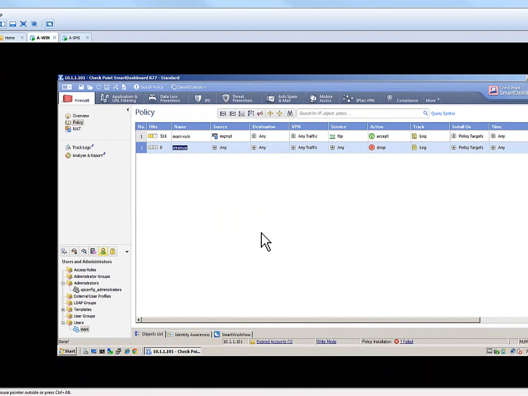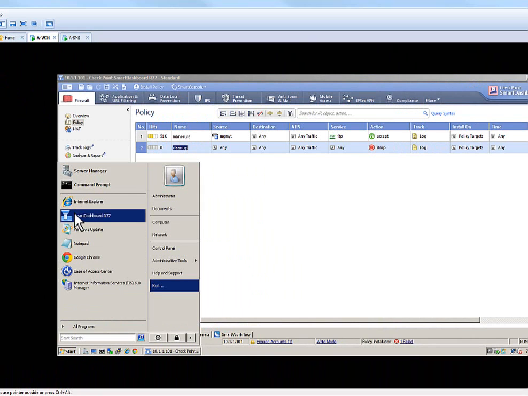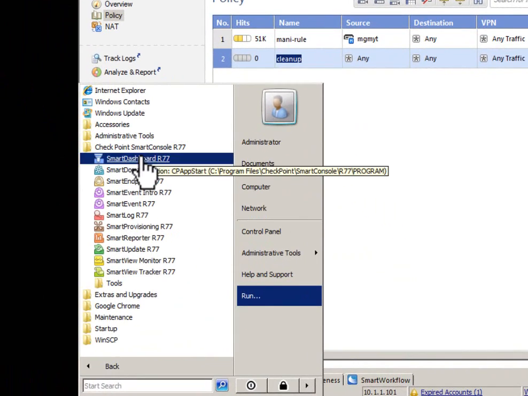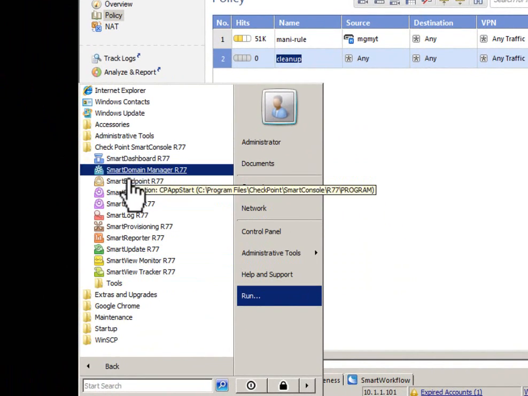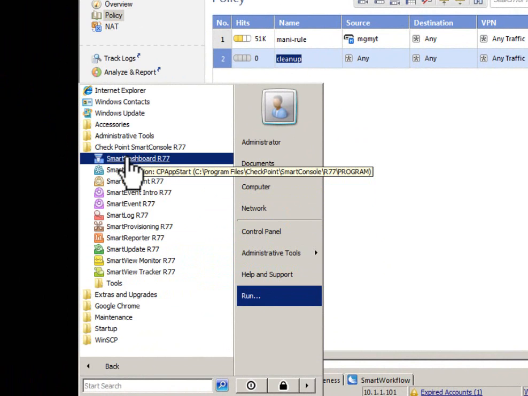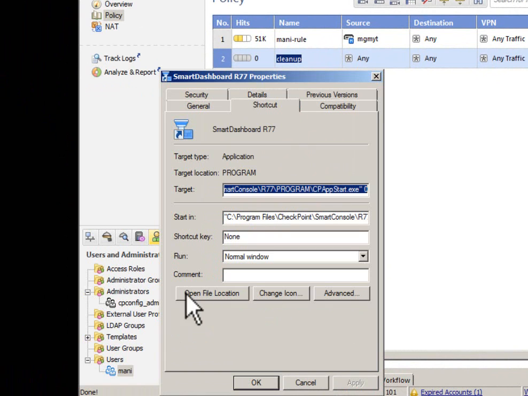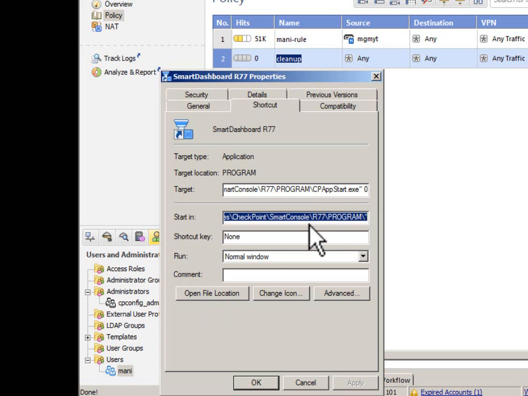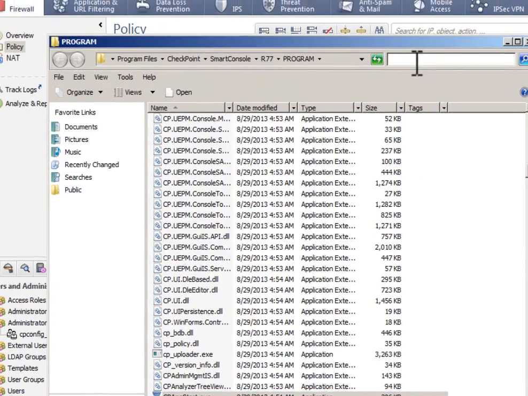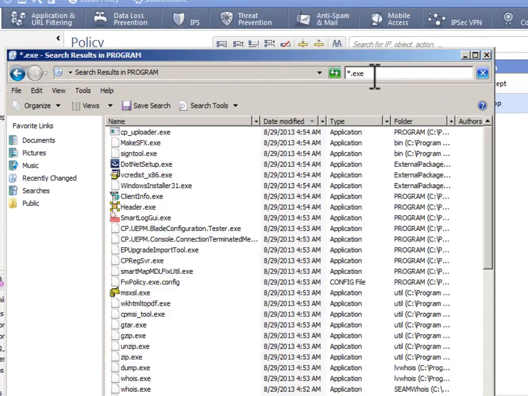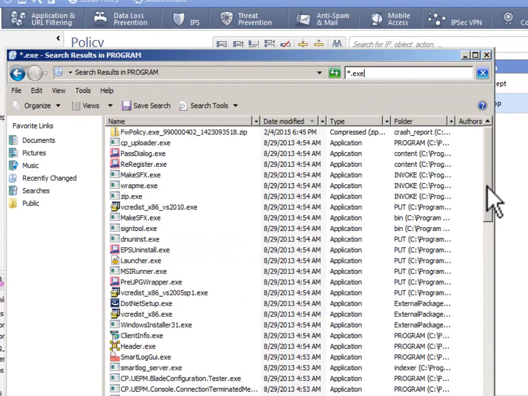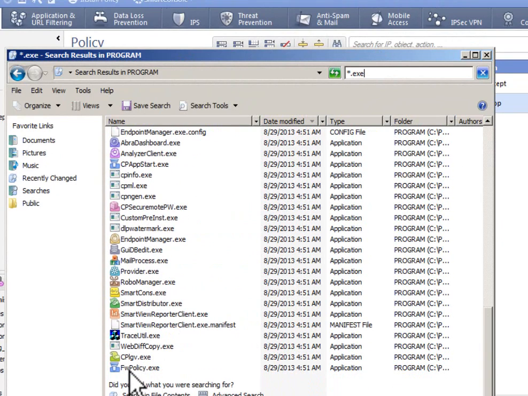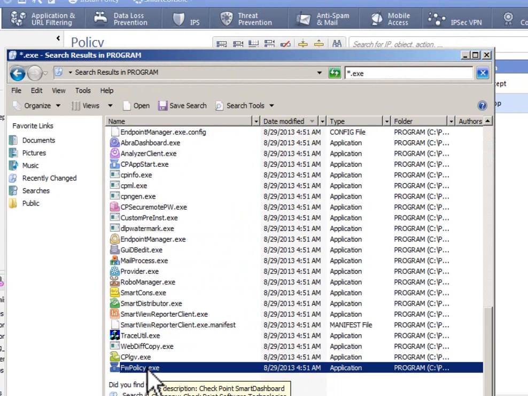And the other tool that I mentioned is the Gui Db Edit. Where is this Gui Db Edit? If you look in the Start menu for all the programs in the Checkpoint folder, there is no Gui Db Edit. So where is this program? If I right click on Smart Dashboard and go to Properties, we'll notice the location of Smart Dashboard. The Gui Db Edit will be in the same location. So let's go to File, Open Location, and let's search for star.exe. We'll look for all the exe files. And here we see a bunch of exe files, including the firewall policy exe, which is Smart Dashboard,